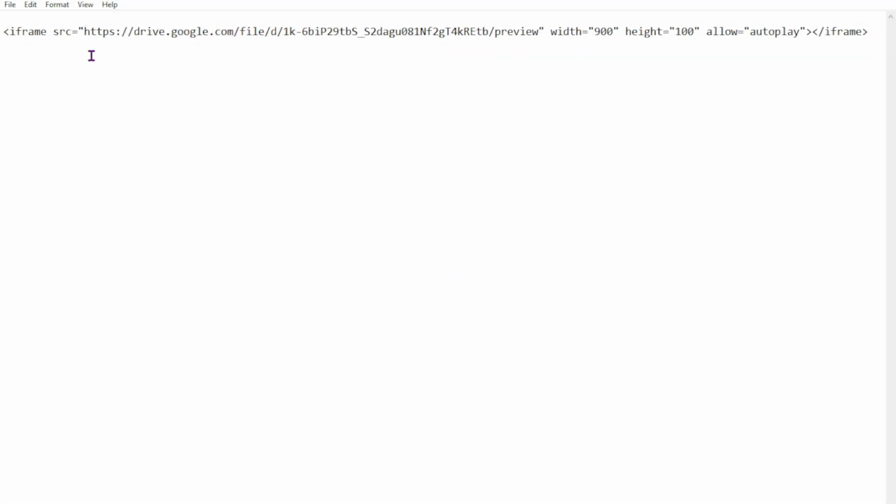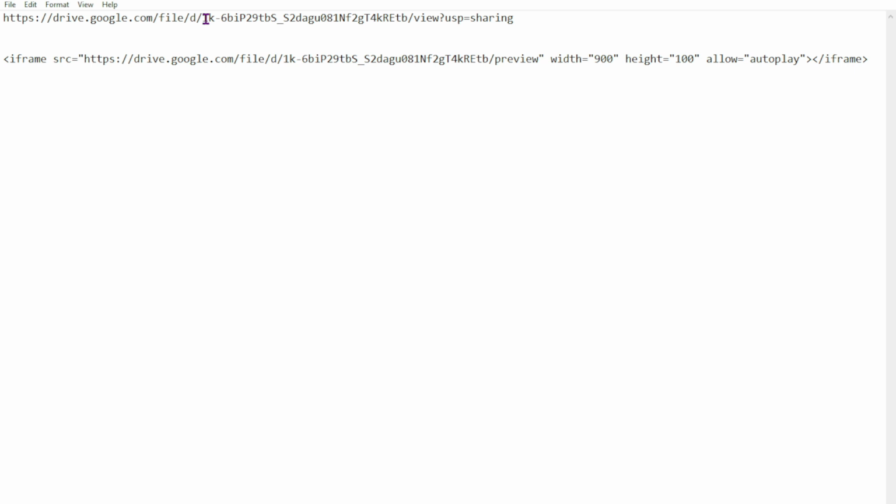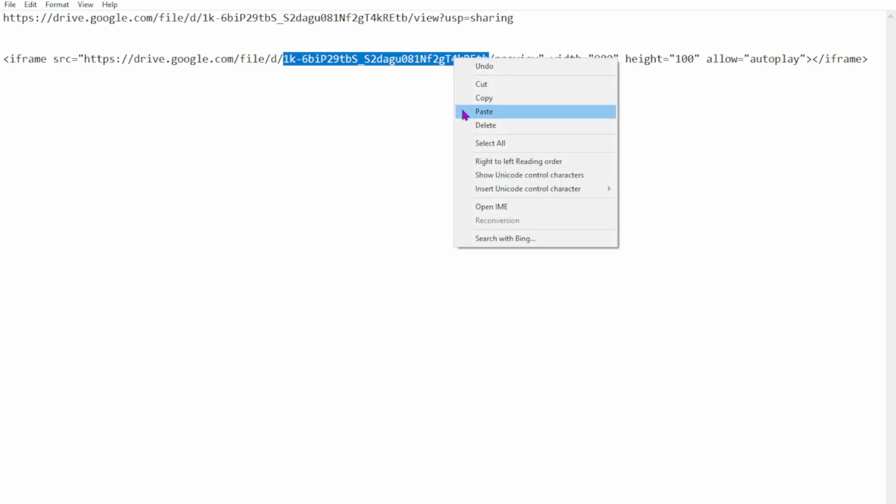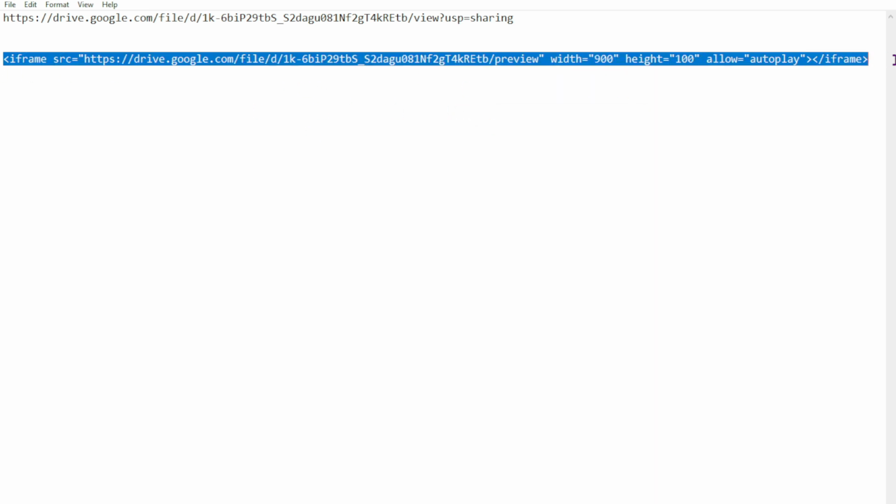this template. This template I will attach in the first comment, so just copy it, otherwise I will attach this link in my video description. You need to just copy your Google Drive link, then replace the specific ID. You can see this is on K divided to B. Okay, just copy this area, then replace this one from here. Okay, just copy,